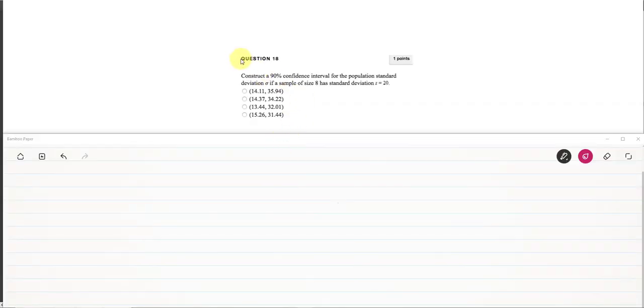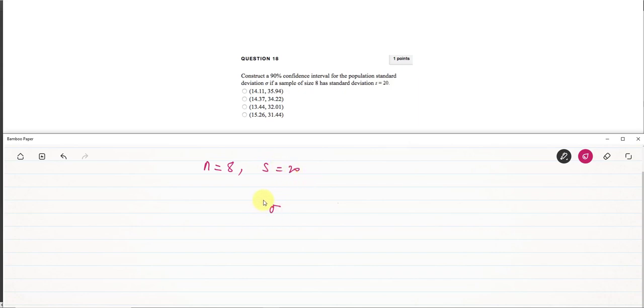This is one of the questions that you see on your final exam practice. The first question asks you to construct a 90% confidence interval for the population standard deviation sigma if a sample of size 8 has the standard deviation s equal to 20. So they are giving you n to be 8 and s to be 20, and we know that we